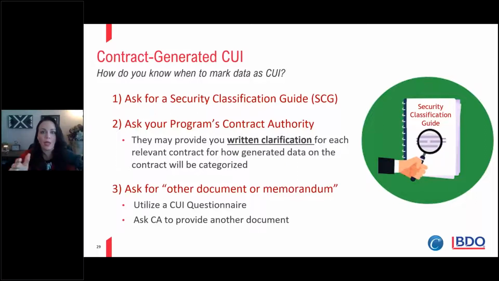If they can't give you a security classification guide for CUI, we're not talking about classified data, which many of you are used to SCGs being for, but guess what? They're supposed to give you an SCG for CUI data. Ask for another document or memorandum. There's lots of different ways to skin the cat, right? How we get this information,